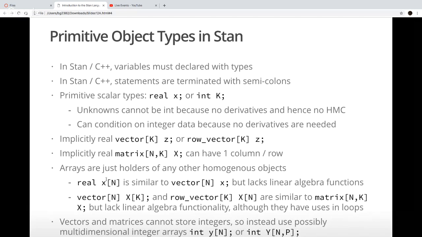But arrays don't have to just hold real numbers. You can have an array of anything. So here in this expression, I've declared an array named x. That x is going to have k elements. Each of those elements is a vector of size n. So if this was in R, I would have a list.